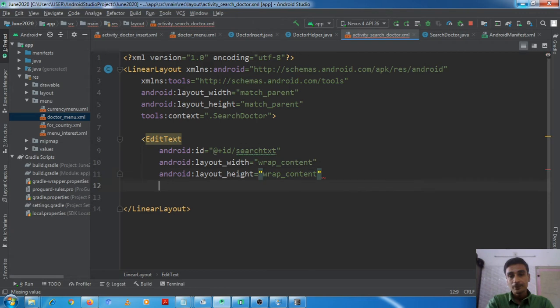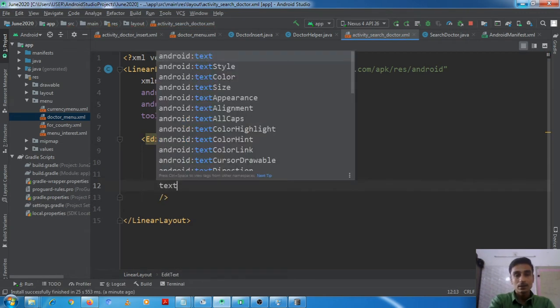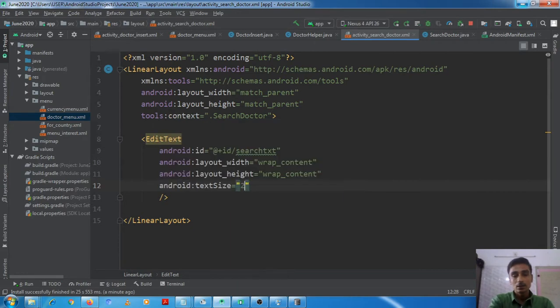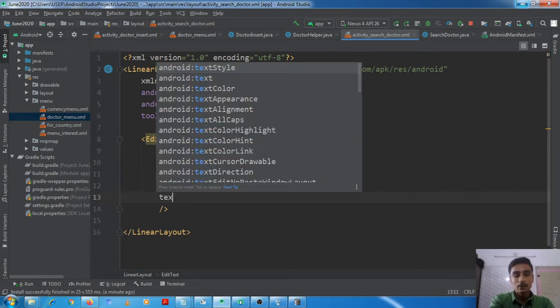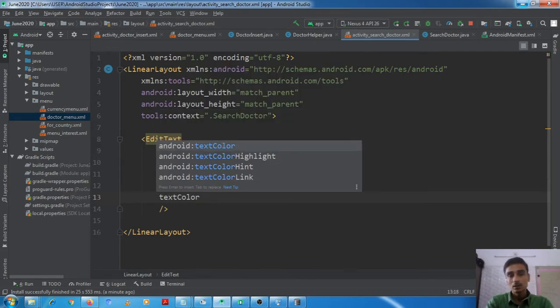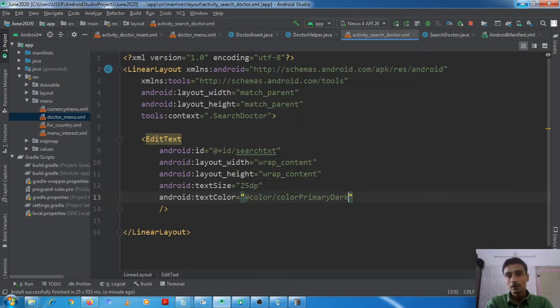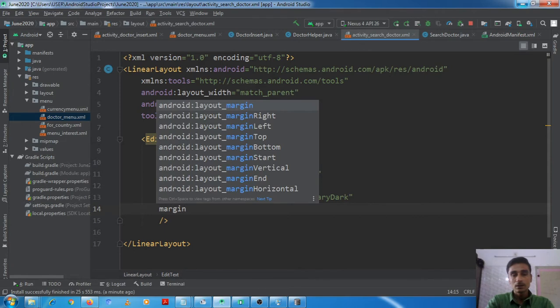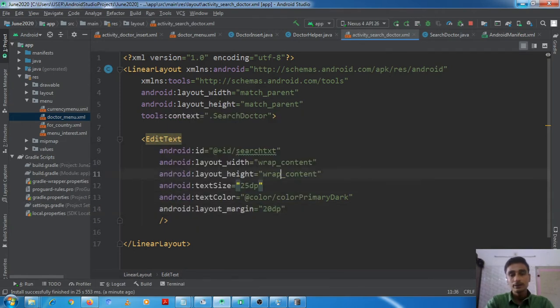Okay, then text size 25 dp, text color will be dark. Okay, then margin 20 dp.